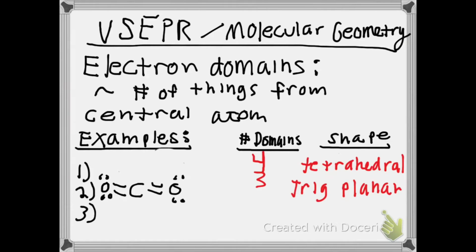The next molecule that I would like to talk about is carbon dioxide. So, go ahead and test your knowledge right now and see if you can figure out how many electron domains come off of this central carbon. Now, if you said 4, you would be incorrect, because we need to look at things coming off the central carbon in different directions. So that means we have these double bonds here and this pair of double bonds here. So you would have 2 electron domains. And can you think of what angle this would take on? Well, it's linear,